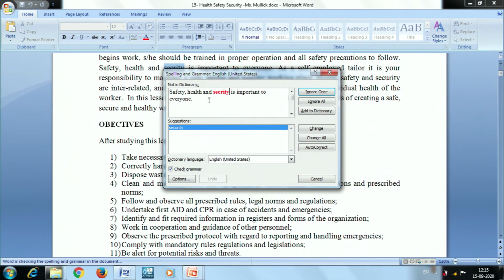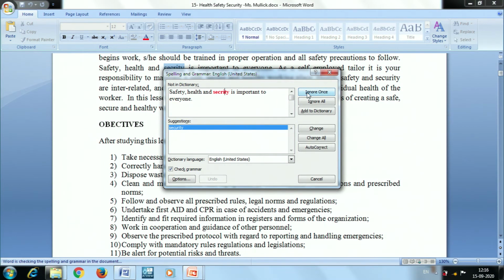It shows that the word is not right. The suggested word is showing as security. So what I can do is accept. If I click the change option, then whatever suggestion is given by Microsoft Office will be applied to the particular content.